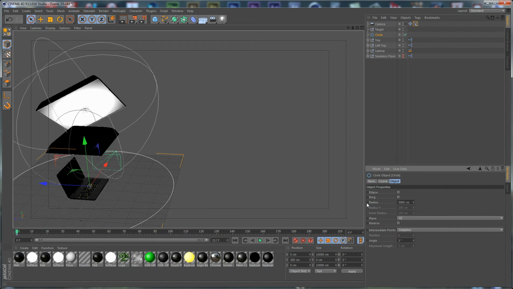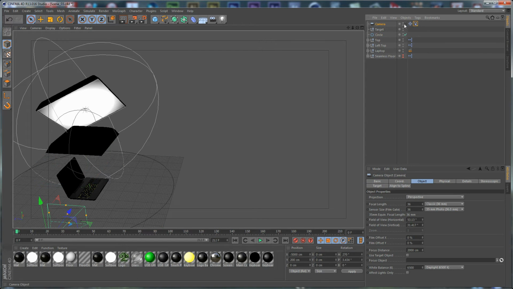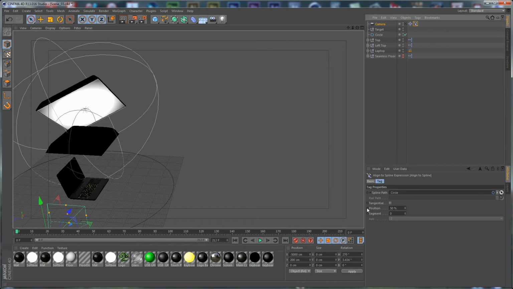Go to the radius and set a keyframe for the radius as well, and now we need to select the align to spline tag for our camera and set the position to 50%, and let's select the tag and let's set a keyframe,